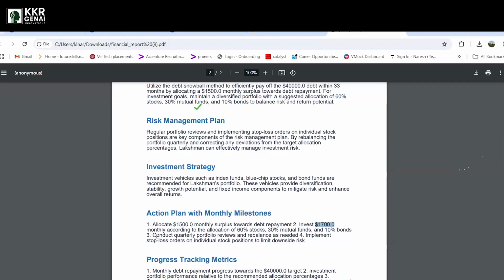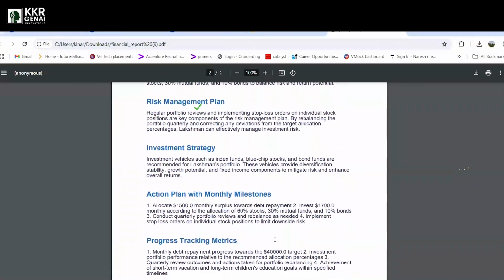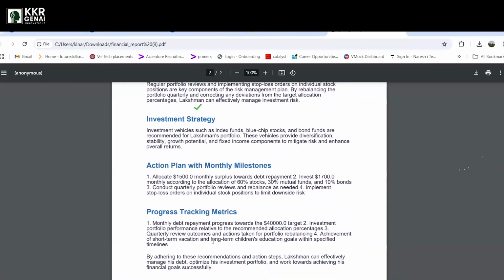It is asking us to conduct a quarterly review of our balance sheets, to see how our stocks are performing and what parameters we need to consider. And it is also giving us all the necessary things that we need to do.